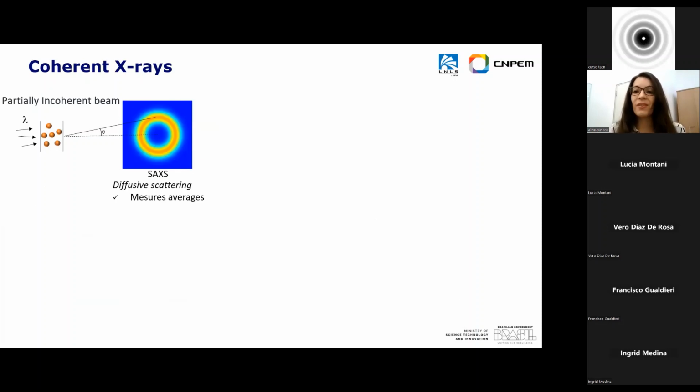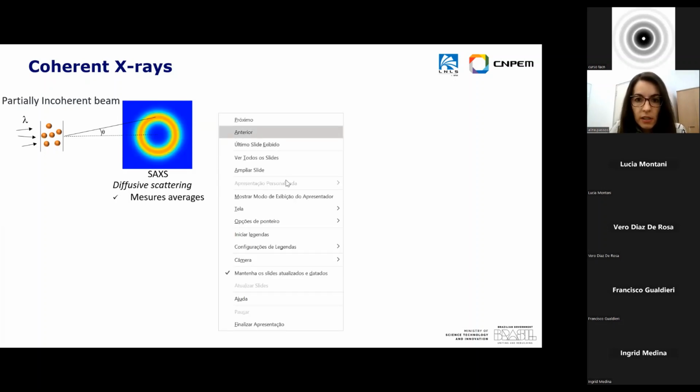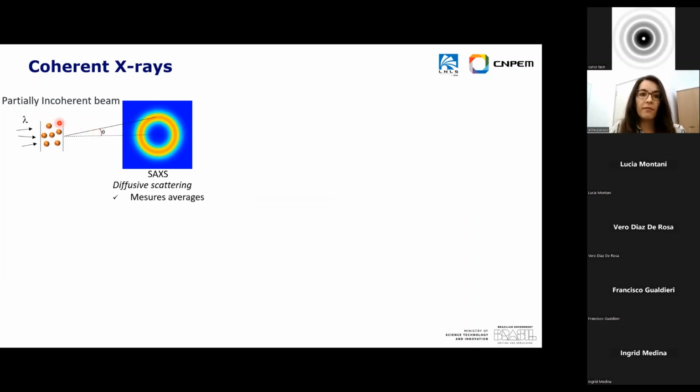So the most important thing in this presentation is coherent X-rays. I talk a lot about these coherent X-rays. I imagine in this course you already had the SAXS class. So in SAXS, we use a partially incoherent beam. And what we have is diffusive scattering. I just changed my pointer. Okay. So when I have this partially incoherent beam, we have this diffusive scattering, that is a measure of the average of the sample. It's very important to answer different questions about structure and size in the sample. If you illuminate the same sample with a coherent beam,